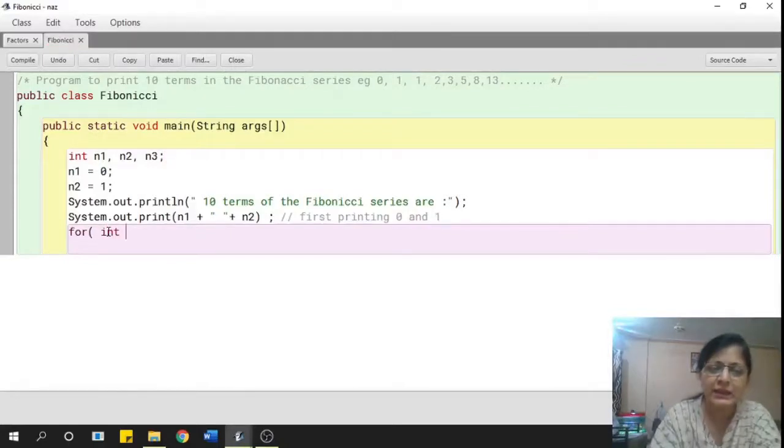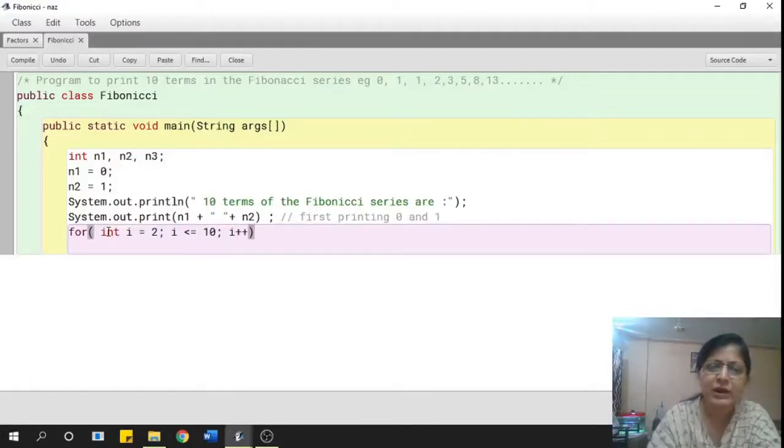So I'm saying int I equals, now I'm not going to begin with 1. Why? Because I have already printed the first two terms of the Fibonacci series, 0 and 1. So for int I equals 2, semicolon, I have to print 10 terms, so I less than or equal to 10, and I plus plus.